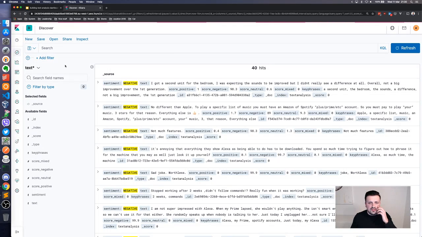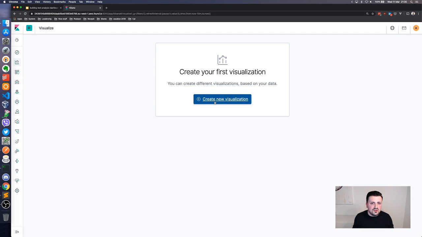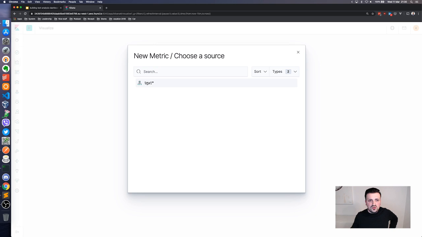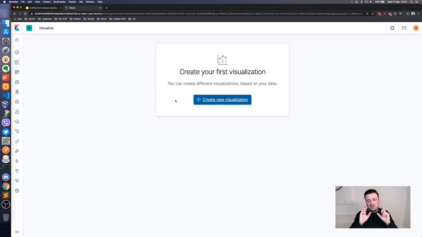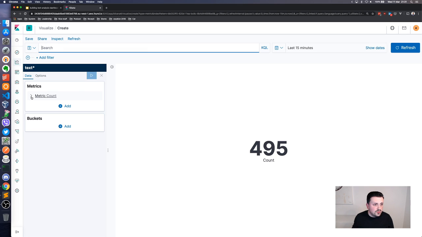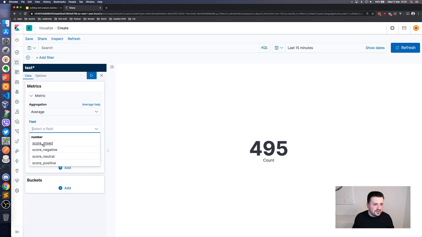So when you have these kind of things, of course it's cool to query them and see all the negative ones and query them fast. But you can, of course, also make the visualizations that I was talking about a little bit earlier. So let's get into the visualizations, because that's the coolest thing, I think, within this kind of piece of software. So I'm going to create a metric, and a metric is basically just a value. I'm going to put in the 4 values for the sentiment scores. As you can see, it already sets it automatically to count. I'm going to be doing an average on the field, in this case score positive,